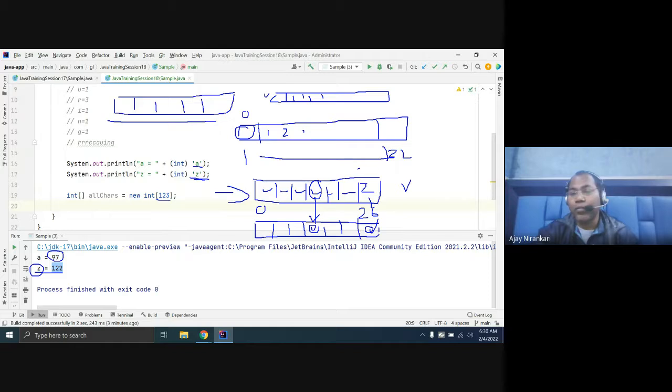Here you have to take the help of two arrays: one array to hold all the characters, and the second array, an integer array, for finding the occurrence. So there are multiple approaches you can use. Let us write both, then you will see which one you can use. Correct? You get both logics.